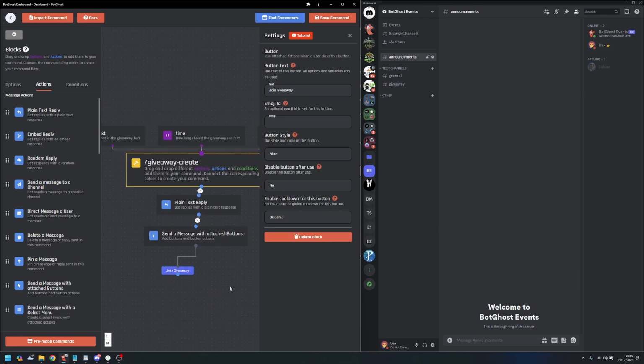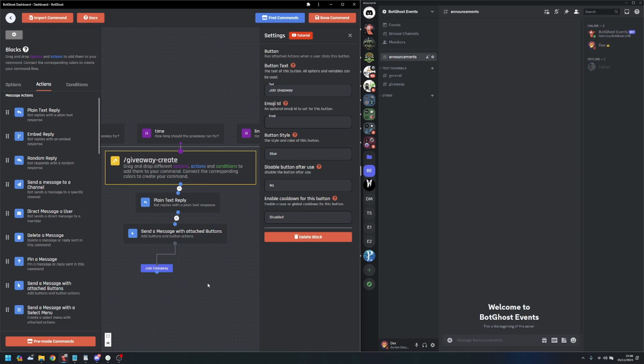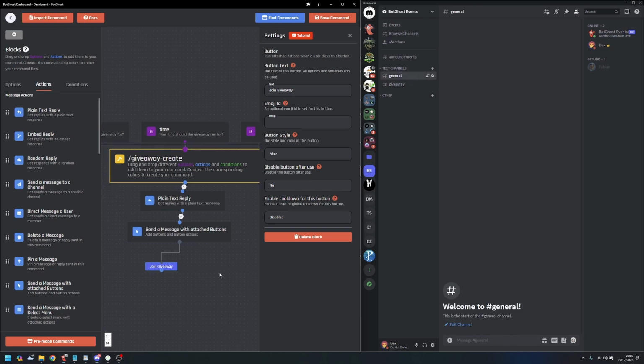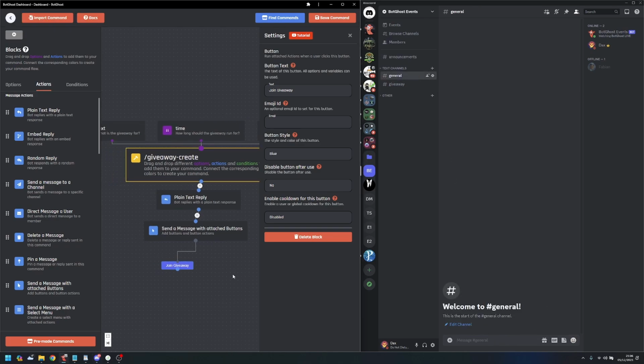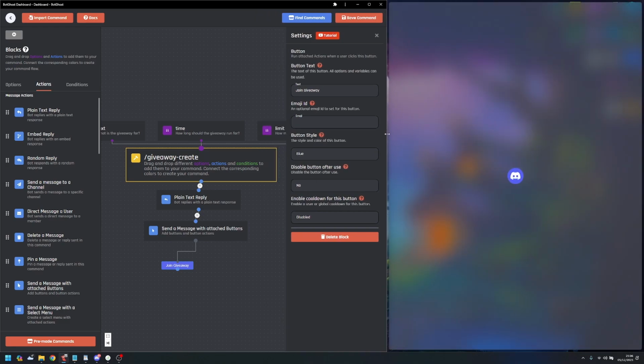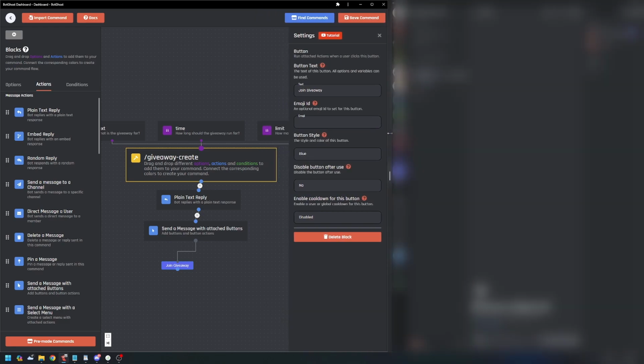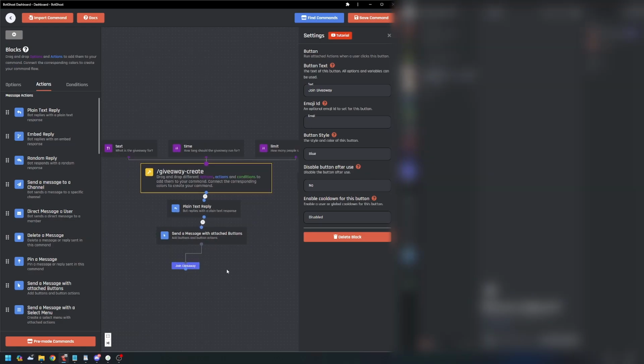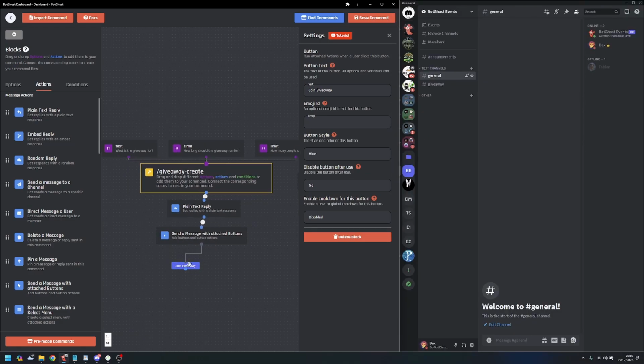And then we will set that up. Now, depending on how much we've created, we might want to go ahead and save the command just to be on the safe side. And then maybe we would want to run it to test. For now, though, we are going to go a little bit further because I think we can all agree that this is very, very basic for now. Let's make the window here a little bit bigger so that we can actually see what we're doing. Okay, so if we are creating a giveaway,